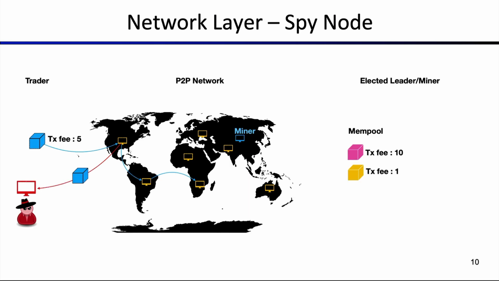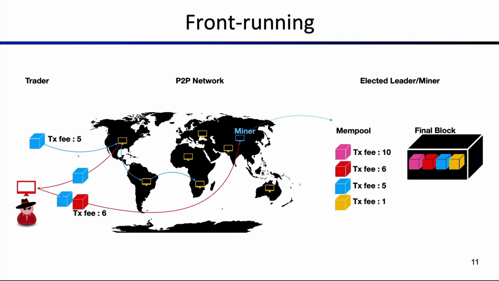All right, so given this knowledge, let's assume we have here an adversary with a spy node, and naturally, because the adversary is so well connected, he will get notice of this transaction that's being sent with a transaction fee of 5. Now, we've earlier discussed that we have here a mempool, right? The pool of unconfirmed transactions of the miner. And because the adversary has a direct connection to the miner, he can probably speed up the propagation of the victim transaction, the blue transaction with transaction fee 5, by simply